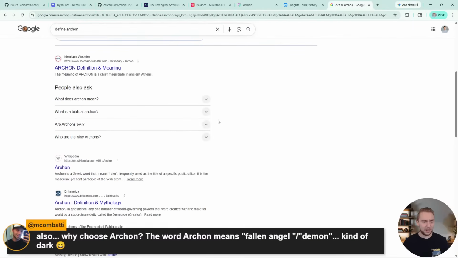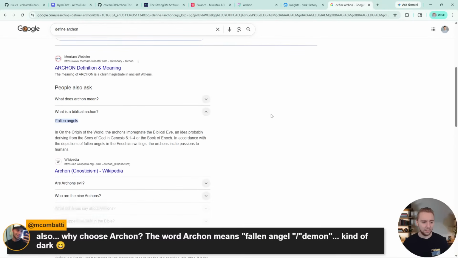I didn't know that it meant, okay, so biblical definition. Maybe I should clarify that in the README, because I agree that going off of this definition, Archon is not a good name. Does that actually appear in Genesis, or is that just some translations? Because I don't remember reading Archon in the Bible.